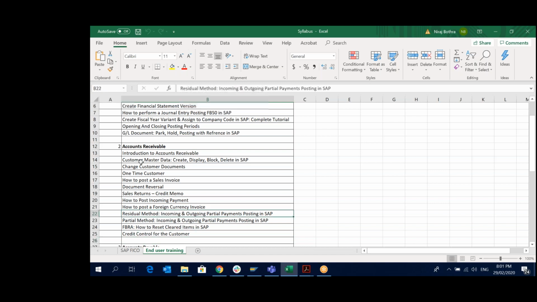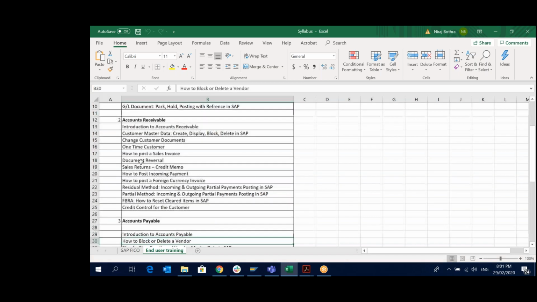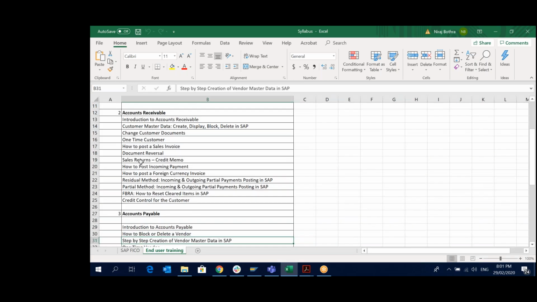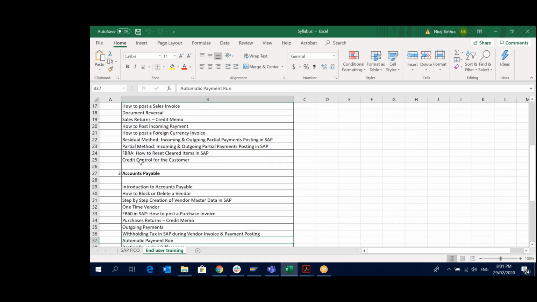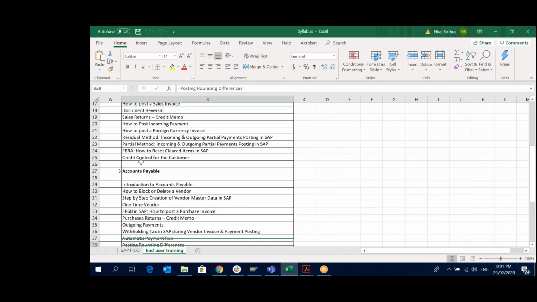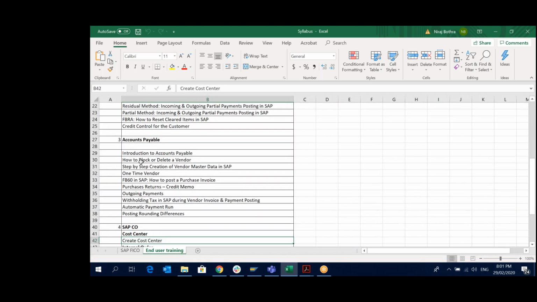There will be certain changes because we are now having SAP S/4HANA. There will be a little bit of differences in terms of business partners, asset accounting, and so on. If you have a Fiori system, then you can also use Fiori. Otherwise